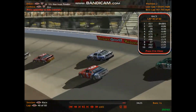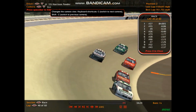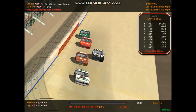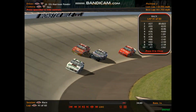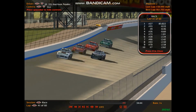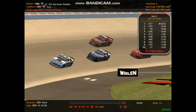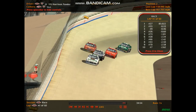Shelton's trying now for second place here. I'll tell you, that number 9 car could be bad news for that 27 car if she gets past Ponder in a hurry as she did on Osborne as they come up the 4th turn. And here comes Ponder to the left side again on Cropley. Everybody doing their darndest trying to keep him 2 laps down in this race here. Cropley right now running in 29th position at this point. He's picked up a few spots since his problem earlier in the event, but